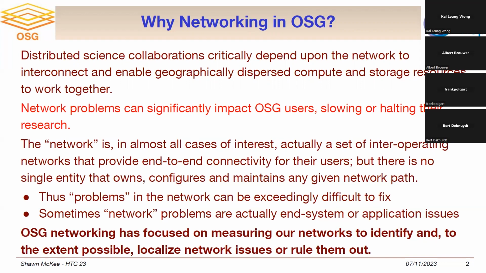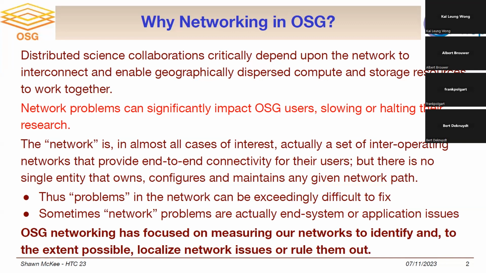Even halting it for a long time in some cases, we've had historical examples with significant delays in certain people's workflows. And when you say the network, you have to be a little careful because the network is actually a complex entity. There are various networks that have to interoperate in the typical case to get the user from the source to the destination. And this makes problems in the network a very big challenge because you need to know exactly what the problem is, and ideally where the problem is, to get it solved quickly.